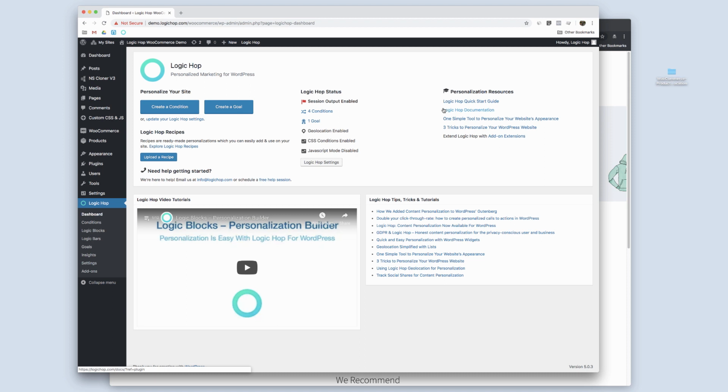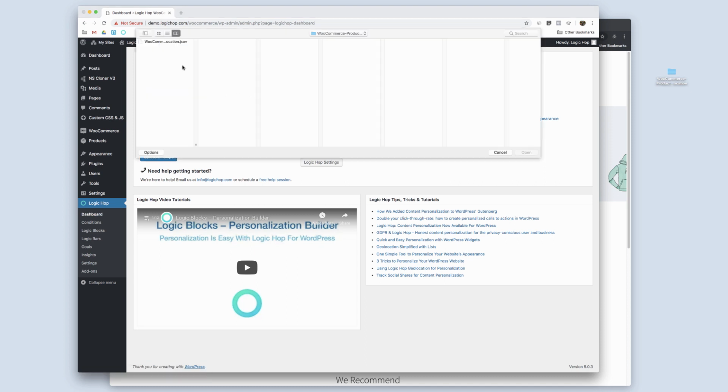The first thing I had done is I went ahead and downloaded the recipe, and I'm just going to upload this so it automatically creates the conditions for us. I'm in our Logic Hop dashboard and I'm going to click Upload a Recipe. I've navigated to my recipe folder and I'm going to select the JSON file, which is WooCommerce Products by Location,